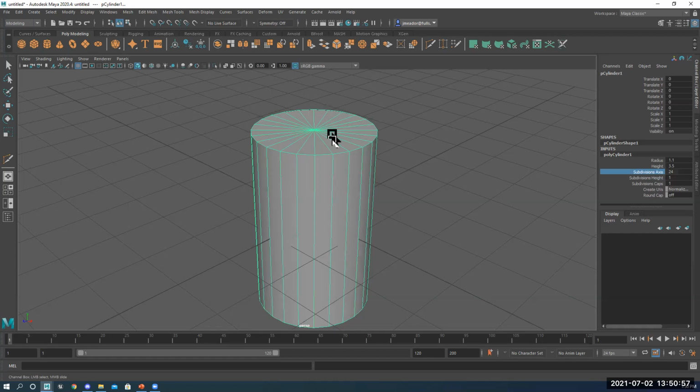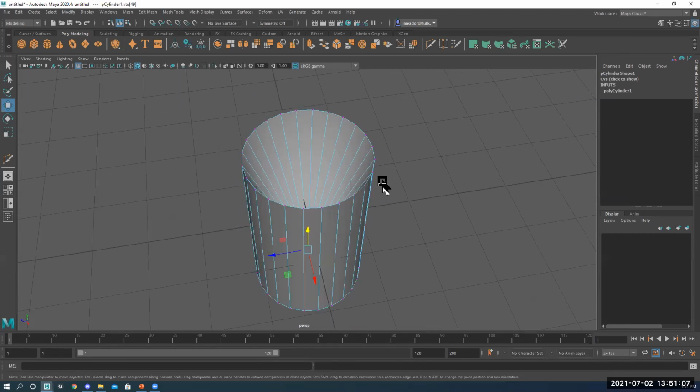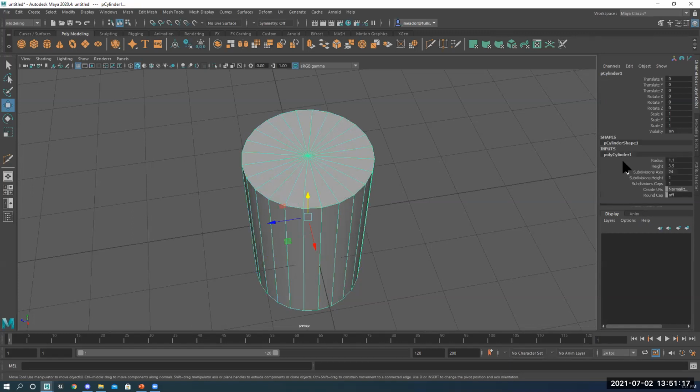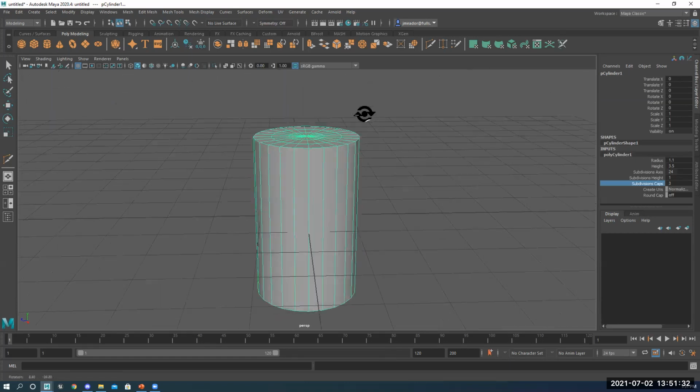But I need to have a cup, which means that it needs to have the outside and the inside. So, well, I can't just bring this down because that doesn't look like a good cup. I wouldn't want to drink out of that. So we need some more edges to kind of hold the structure and be able to change it. So if I go right here, and let's see where I can get more edges in this area. Well, I can do the height. Well, that's not where I want them. So let me go back. And then let me do, what about subdivision? And oh, there we go. So now I can go right